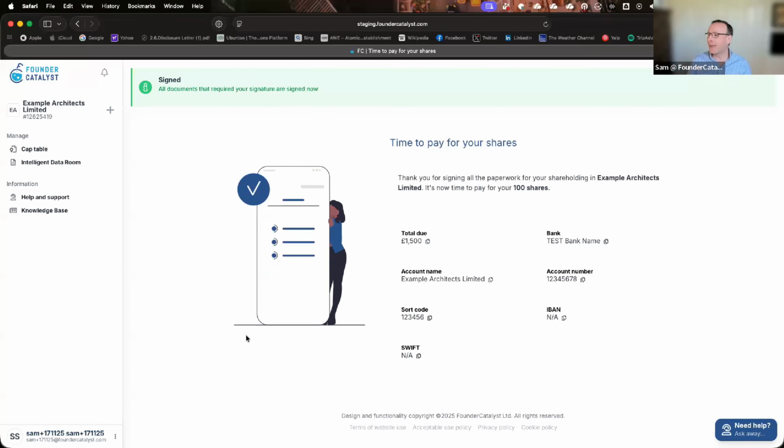And on the screen here, you can see that the investor is automatically being prompted to transfer money. So we know they've signed their documents. So we're now saying, right, you need to pay £1,500, which is thankfully the right amount, to this bank with this account number, with this IBAN and SWIFT. So we nudge, as soon as they've signed the documents, we nudge your investors to pay up, to transfer the